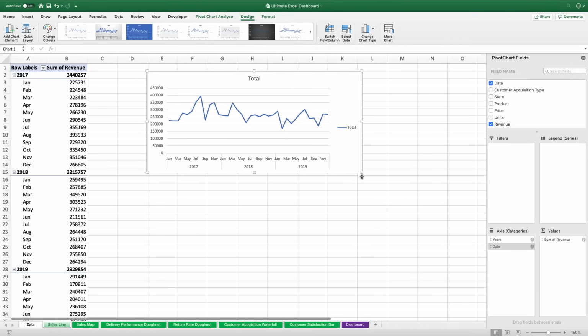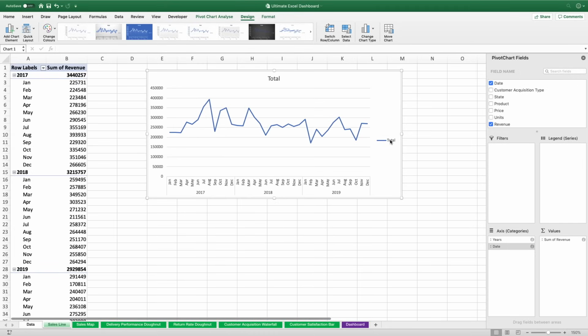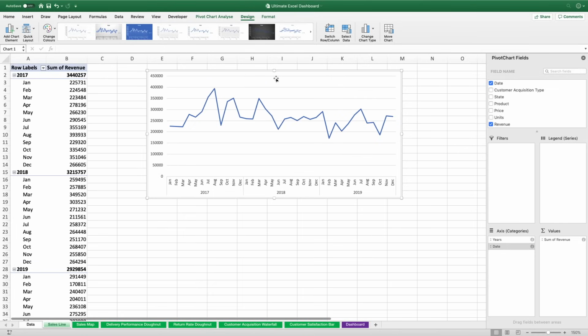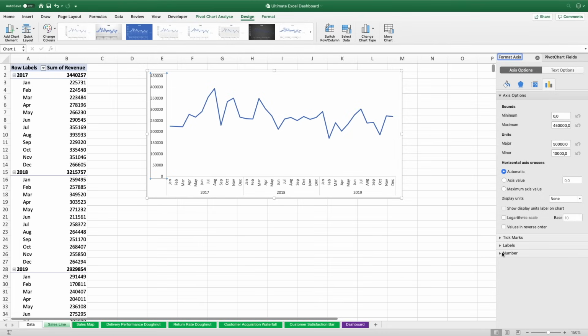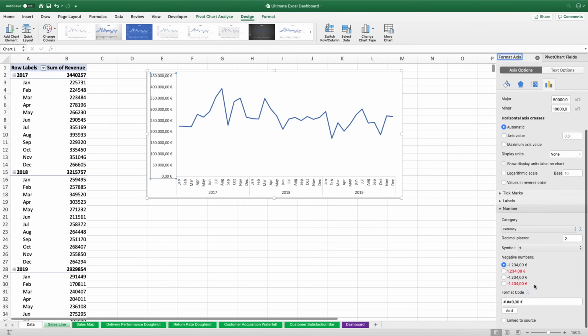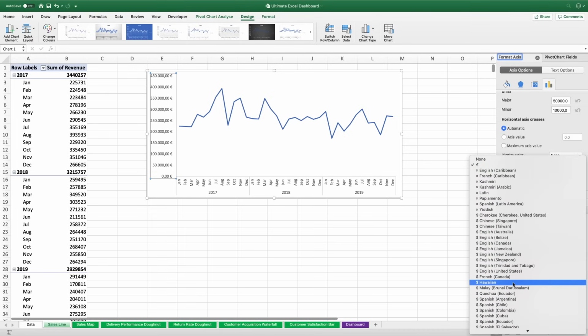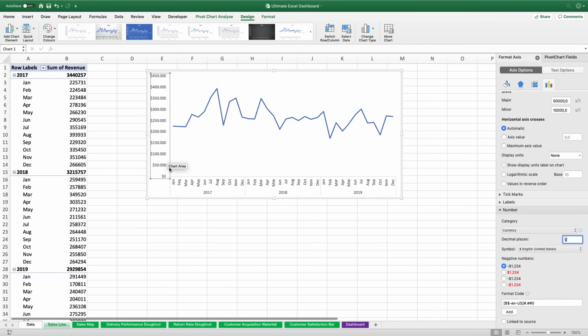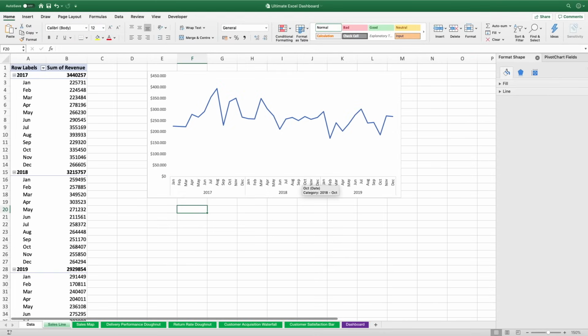And then we're going to remove certain elements that we don't need in our chart, because like in many cases, less is more. Okay, now let's quickly format this axis. More specifically, we want to change the number format. So we change that category into currency, and we want to have US dollars. There we go. And we set decimal places to 0. That's it for now for this chart, so we can move on to the next one,